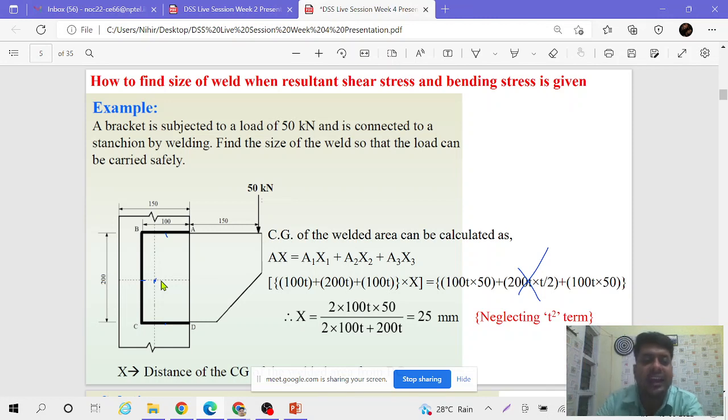Now see, we have to follow the parallel axis theorem here. While calculating the moment of inertia about x-x axis, we have to go for the parallel axis theorem, and for that you have to keep in mind that higher order terms you have to neglect. Means if t square or t cube terms come in your calculation, then you have to neglect them, because we are considering weld as a line area. So please give it a try, try to calculate Ixx and report what you are getting.